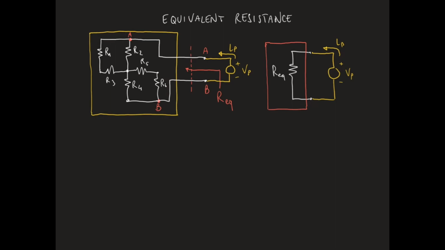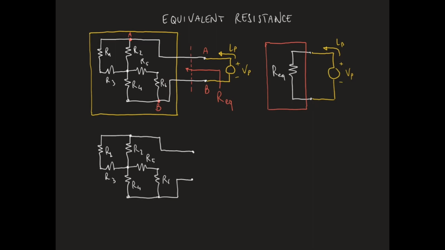As I said, the equivalent resistance is defined when we specify the pair of nodes of the network between which we want to calculate it. If only one node is indicated explicitly, then it is assumed that the other node is the ground reference. The definition we gave for the equivalent resistance provides us with an operational method to calculate it or even to measure it. So let us consider the same network as before, and let's apply the same voltage source Vp